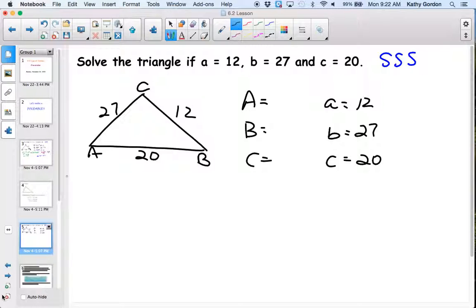So we have to start with the biggest angle, because if there's a possibility for an obtuse angle, that's where it's going to happen. And only the law of cosines is going to tell us that. Does that make sense? Kind of, sort of? All right, so we're going to have to start out